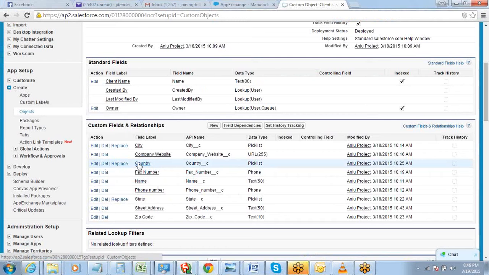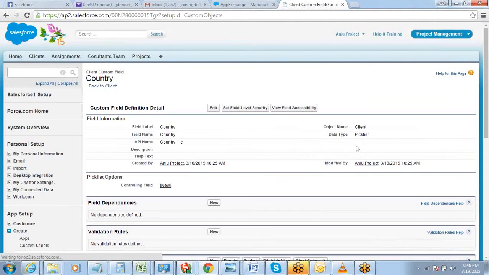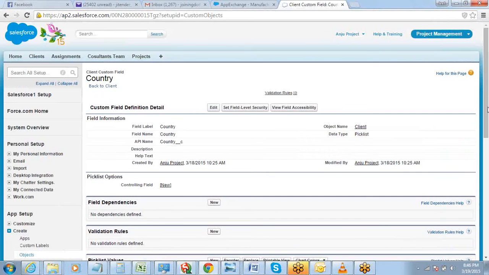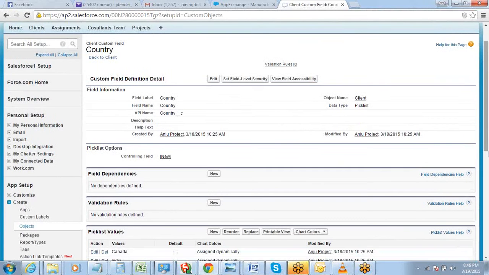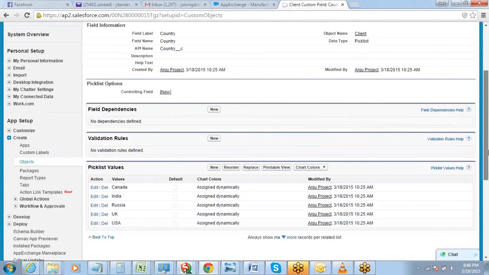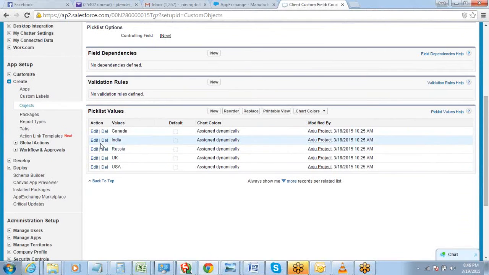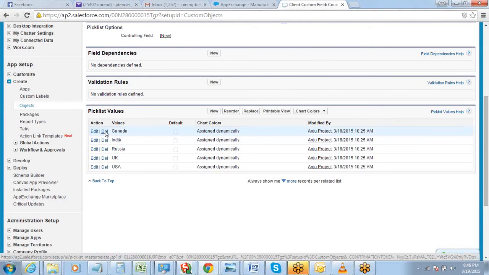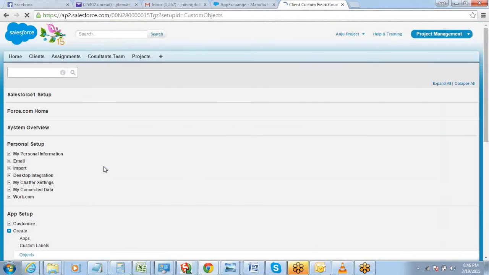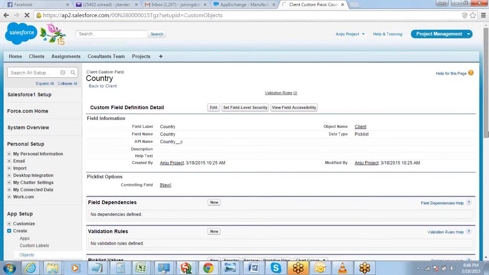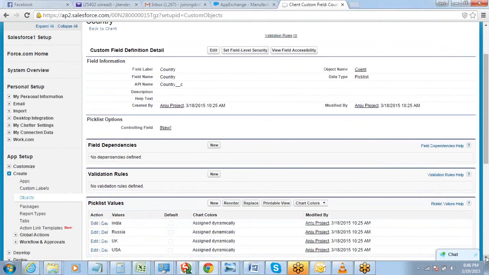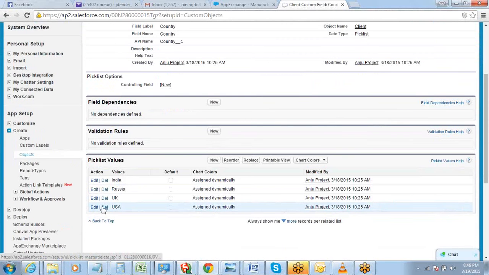So you can go to the country field. There's already a pick list, so just go to the country field and remove the values that you don't want. For example, if you do not want certain values here, you can always delete them. I don't want Canada to be here. We'll delete it. I don't want UK and Russia to be there.